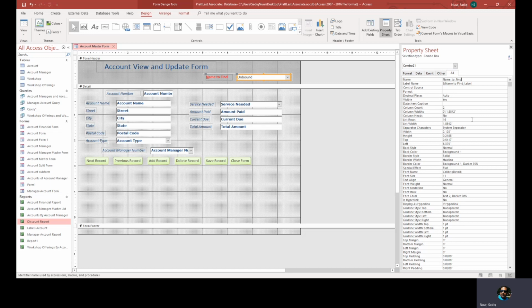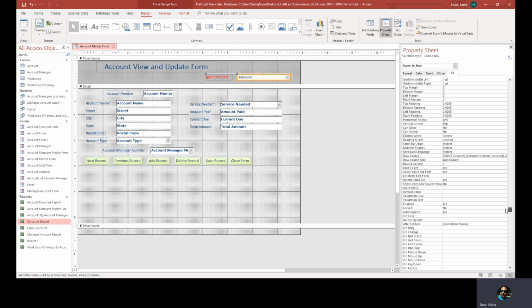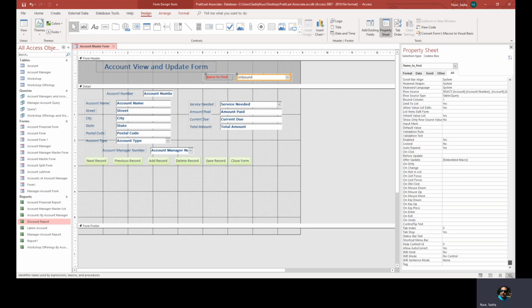And then we have to scroll a little bit down until we see row source. Row source, here you go, row source,